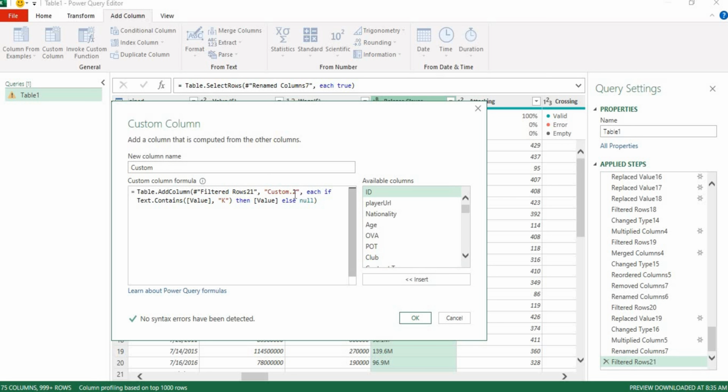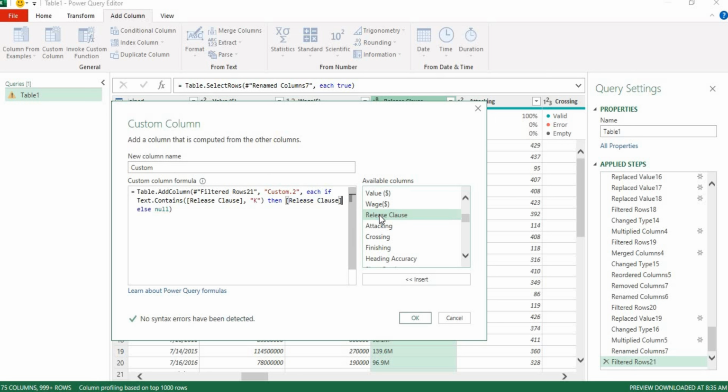Then I have changed the name, because if I leave the name at that, it's not going to work, because there is a column that has been named custom 1. So I'm going to leave this as K, and I'm just going to change the column that I'm working with. So from value, I will change it to release clause. Release clause, where are you? Okay, this is release clause. Then I'll do the same here